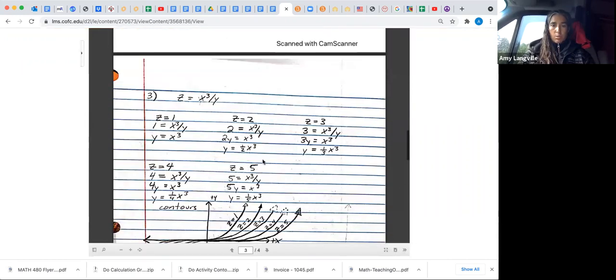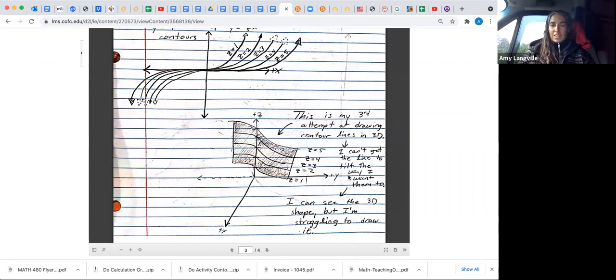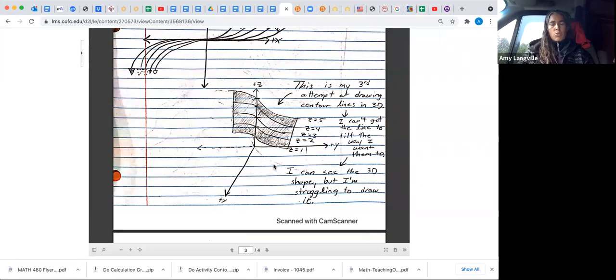Again, very similar to what we just saw with Madeline's. And then the surface, he's like, "This is my third attempt to draw this. I can't get it to tilt the way I want, but I do see it." It's just the drawing. And again, that's kind of the step that can be tough, but if you see it, I'm more impressed than